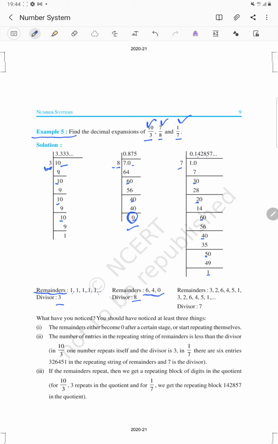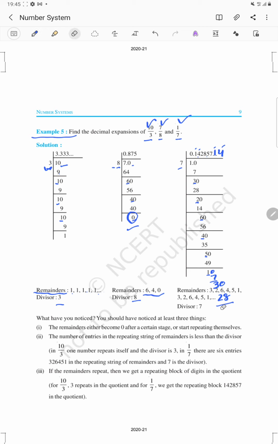Now when it comes again 1, then again you will see it will go to 7 ones are 7. And again when here is 3, it will go to 4. As it is 30, 7 fours are 28, so the remainder is 2. So again you can see the quotient is coming the same as the previous one and the remainder is also repeating.